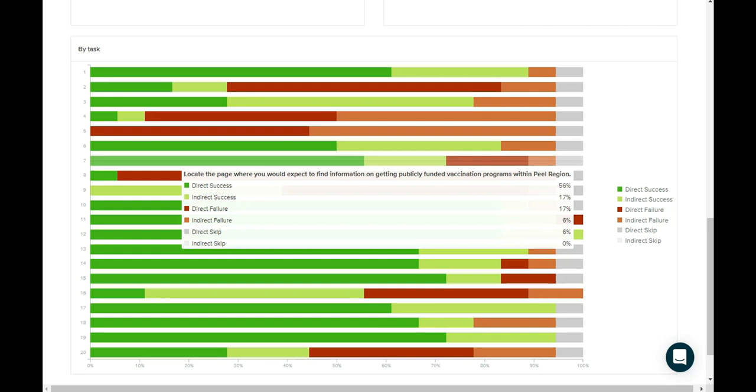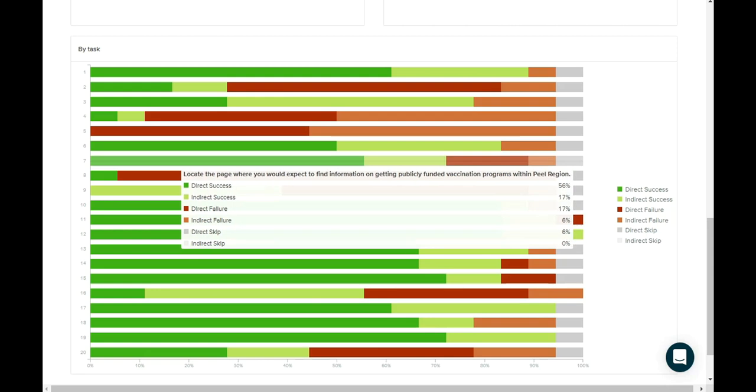And that actually is a direct failure there. They basically actually did have some trouble there. And then we have in gray the direct skip. In other words, there are people who simply missed out on and just skipped that particular part of the question potentially. So as you can see in this case, the results were overall fairly good for this, 56%, but